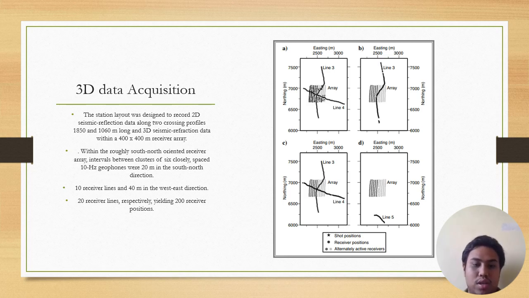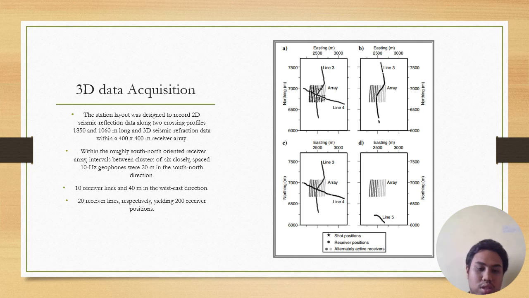Roughly, the orientation of the array is south-north, and the geophones are 10 Hz. The spacing is 20 meters, with the south-north direction,